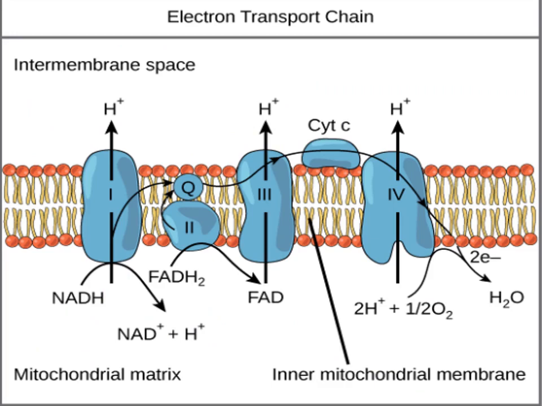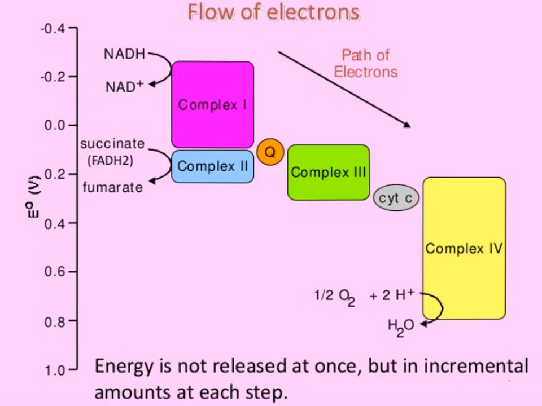I explained this already in my early slides, in which I told you the difference between the outer membrane, matrix, intermembrane space, and these four complexes, and these are the oxidation and reduction processes. This is the summary of the whole process from complex 1 to complex 4, in which, as a result of the oxidation and reduction process, protons are produced and they are built up in the intermembrane space to create the proton gradient in the cell.